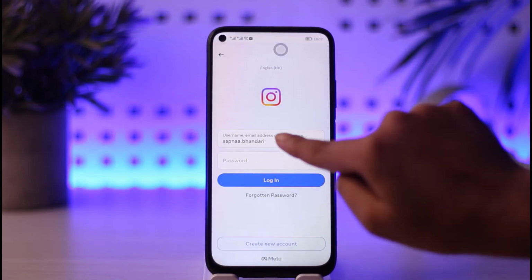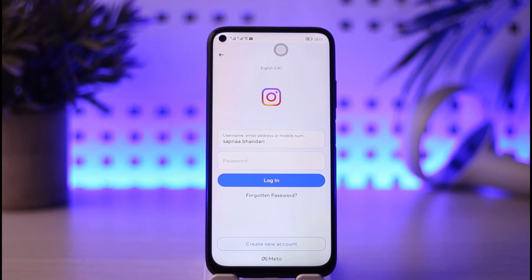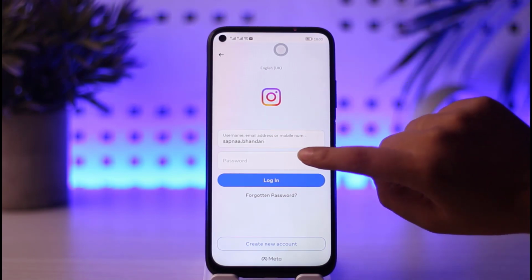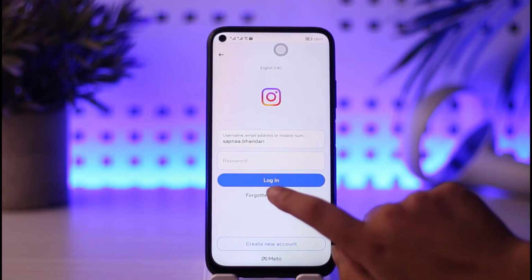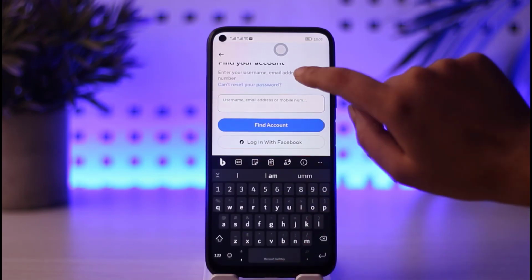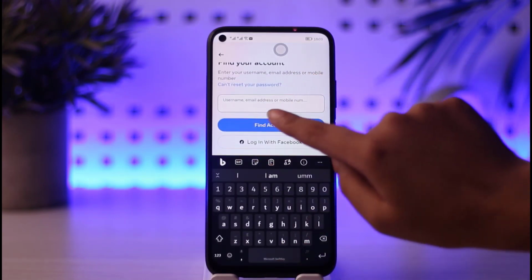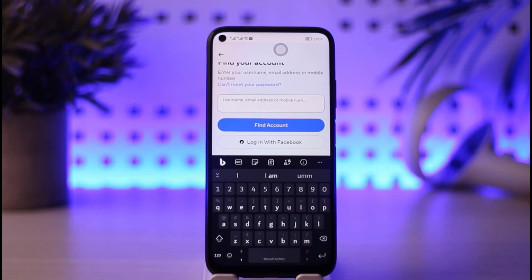your username, your email address, or your mobile number that is connected with your account, the one you used while creating your Instagram account. Enter the information, and here in the password section, since you have forgotten your password, you're going to tap on this forgotten password option instead. Again, first of all, enter that information. Let's say you have entered your email address, then you will get a